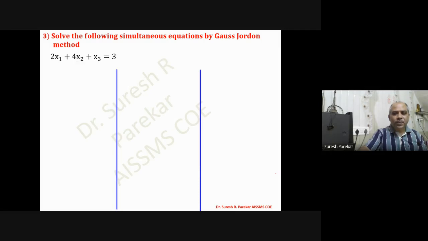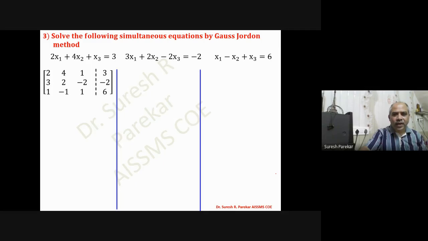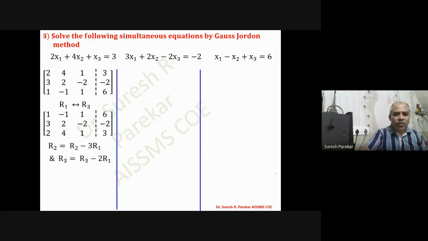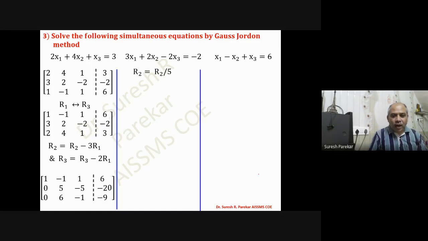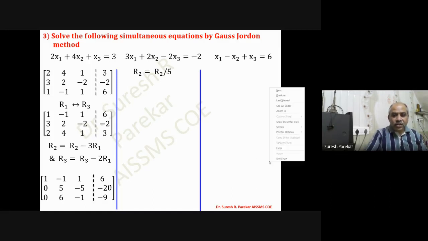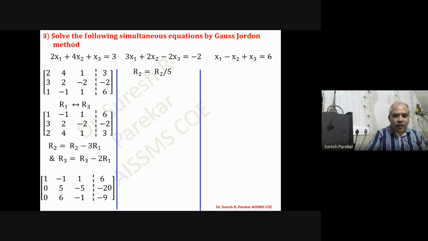Now similarly you can go through this problem which was asked in the examination. Actually I have not mentioned it over here, and in the same way, first we are going to make the upper triangle 0. Now here you can see we have these values. Now we will make R2 by 5, so that you understand when we have to divide. You can see all elements in the second row: this is 0, but if you divide by 5, you will get 1. If you get this 1, then it becomes easy for you to make this 0 and this 0.